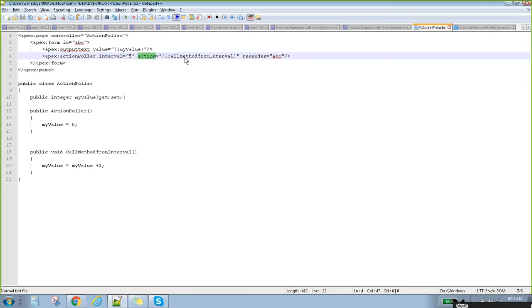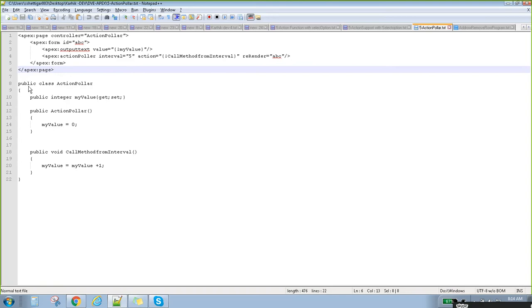So every 5 seconds it is going to call that particular controller method and render the result here. This is how we can populate the data without refreshing the page. Is that clear? Yeah.